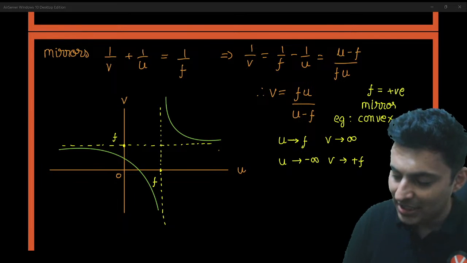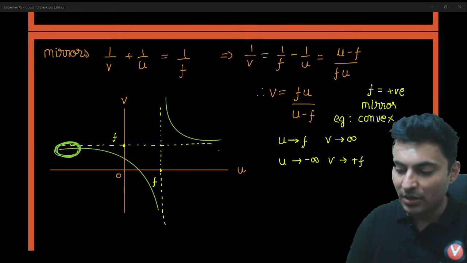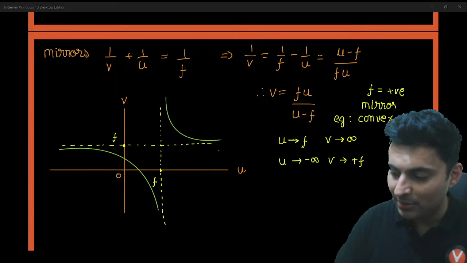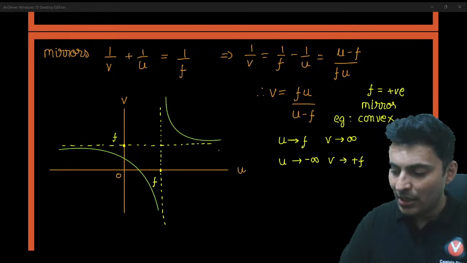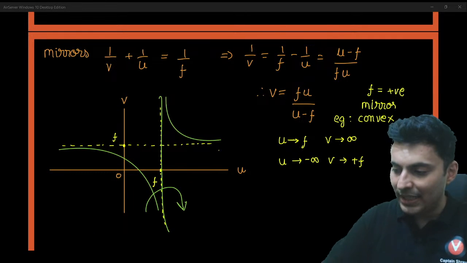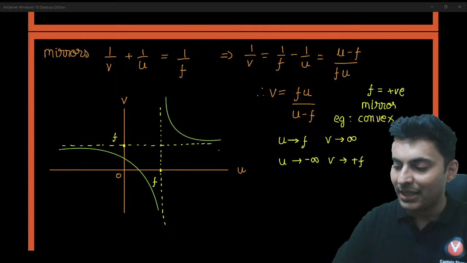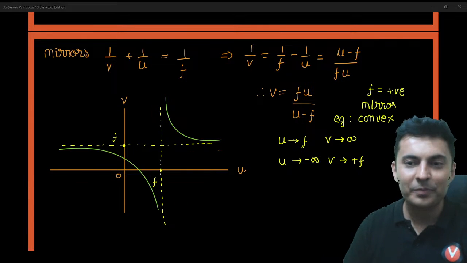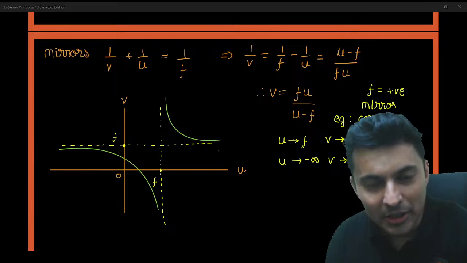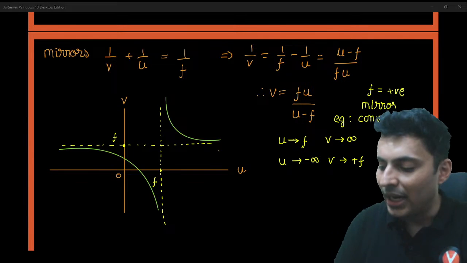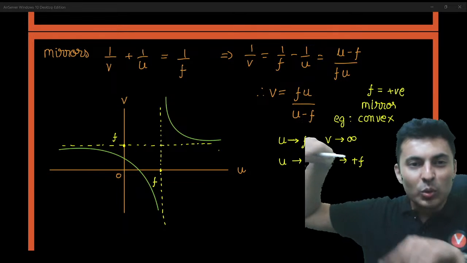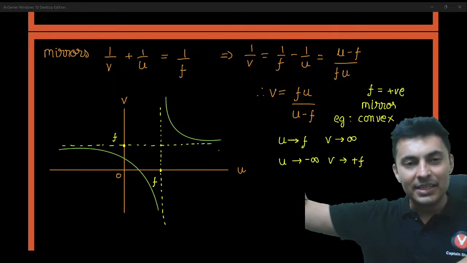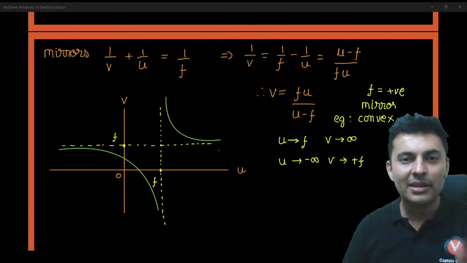So when object distance is negative, the image distance is positive. Perfect. If it is on this side over here, then on the right side of this dotted line, it will be on the top. Something like this. They are the curved lines. Got it? So the main thing is to identify the two dotted lines, and then you will have two curved lines on the opposite sides. That's how the graph looks.